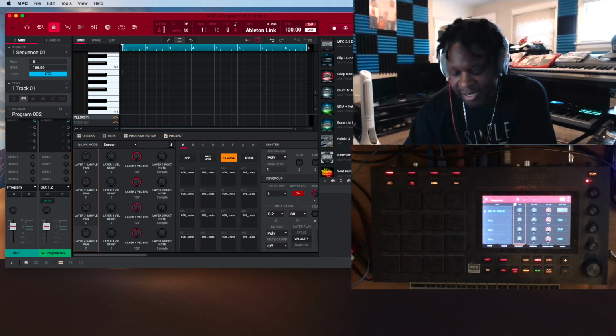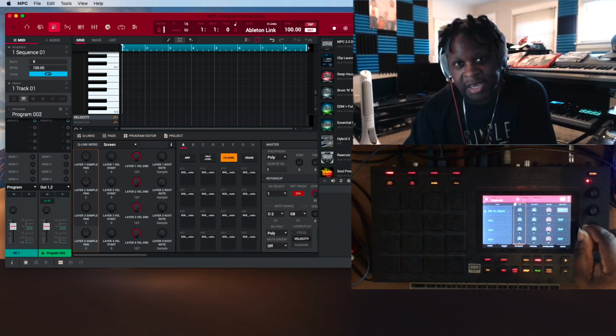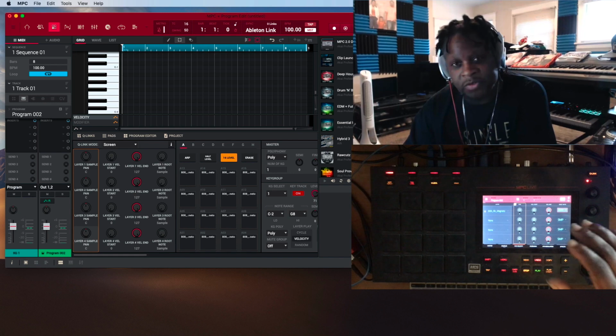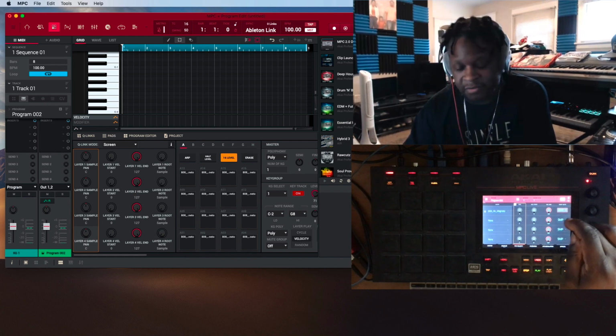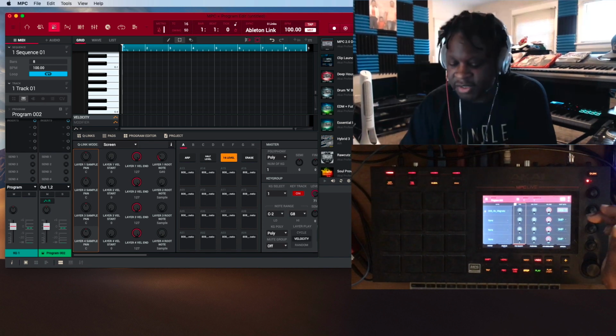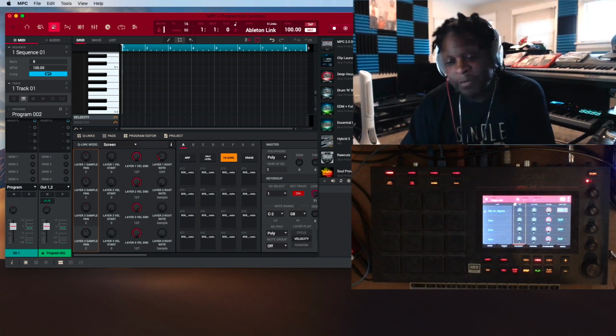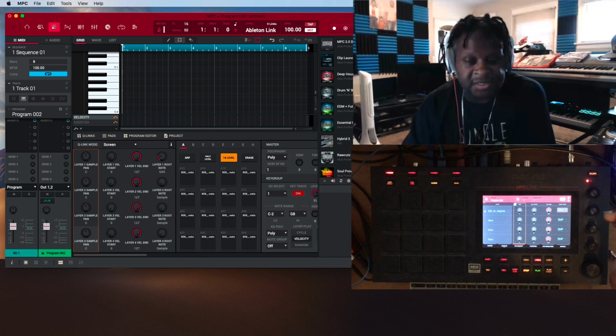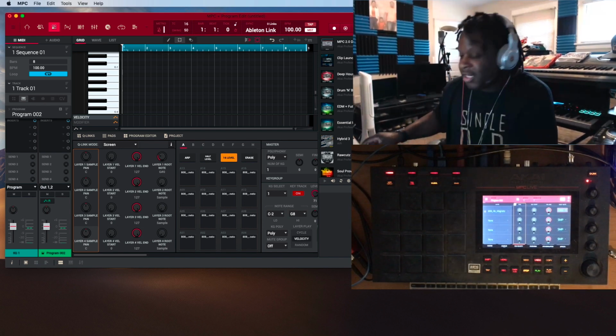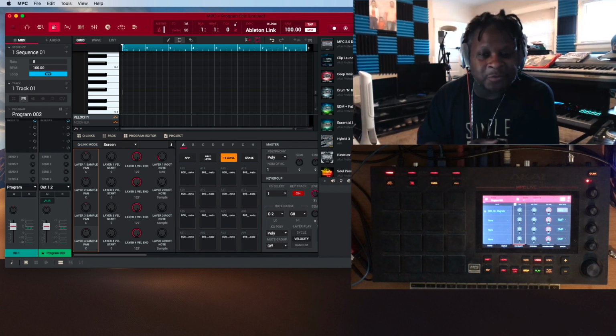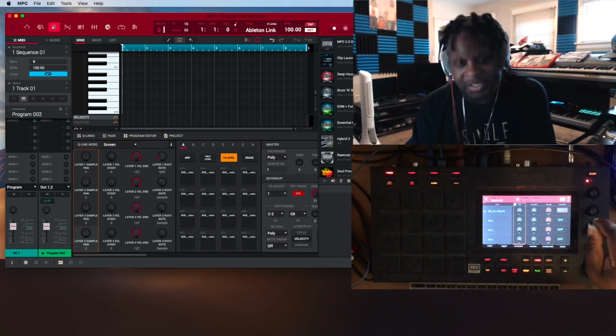So you highlight that. And since the sample is in A flat minor, I will tune or tell the MPC that this sample is A flat minor. Now, what I've selected is G sharp 0, and I happen to know that G sharp is the same as A flat, not because I know it, but because I have all the keys on my keyboard labeled, and I'm stupid. So, now that we got that out the way,